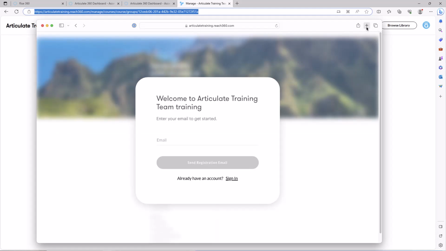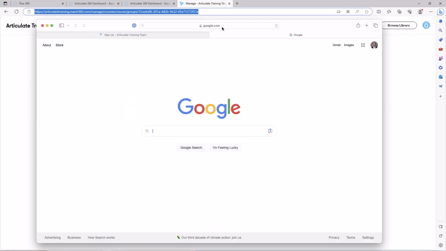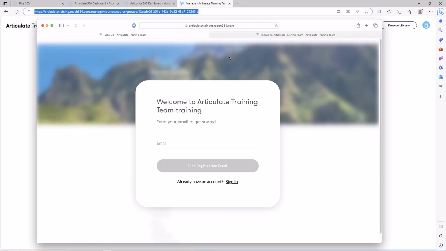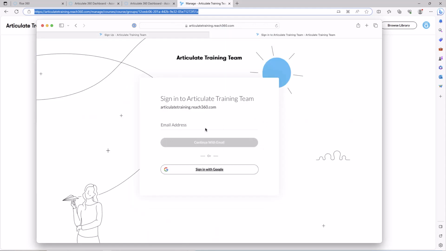So let's just try this again. Google, drop that link in there. And once again, sign in to training. A little bit different screen here, but it's asking me to sign in with my current email. So in this case, I'm not being asked to register. It's telling me go ahead and sign in either with Google or with my email, and that course will then be added to my library. So 2 quick ways, well, maybe 2.5, 3.